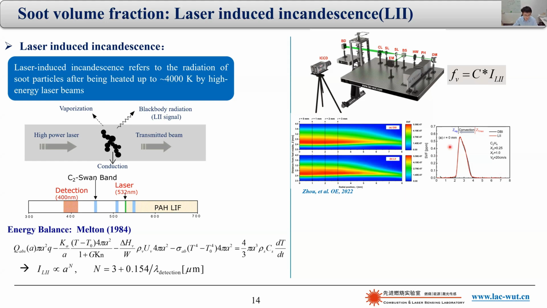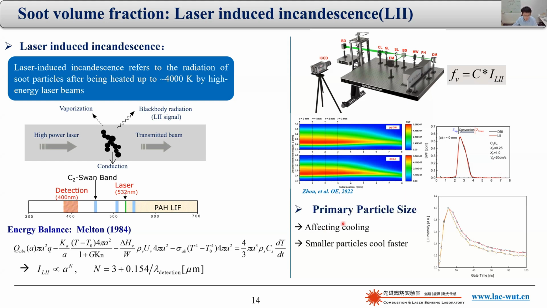Again, confirming both methods. So another point that deserves mentioning is that the laser pulse in LII measurements is typically very short. So it can be either picosecond or nanosecond. So once the laser is off, the soot particles will start to cool down so that the emission intensity will decrease. Here, the particles of different size will cool at different rates. So now if you measure the LII signal in a time-resolved manner, we can get some information on particle sizes. This has been done by a number of research groups, but it has to be mentioned that time-resolved LII is only sensitive to primary particle size, instead of aggregate sizes.